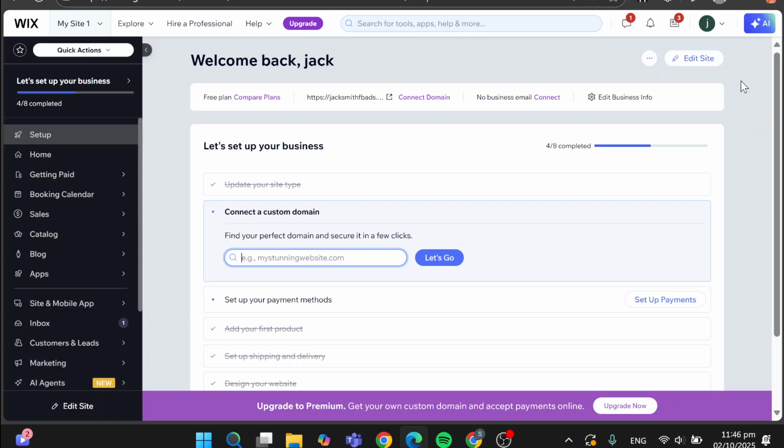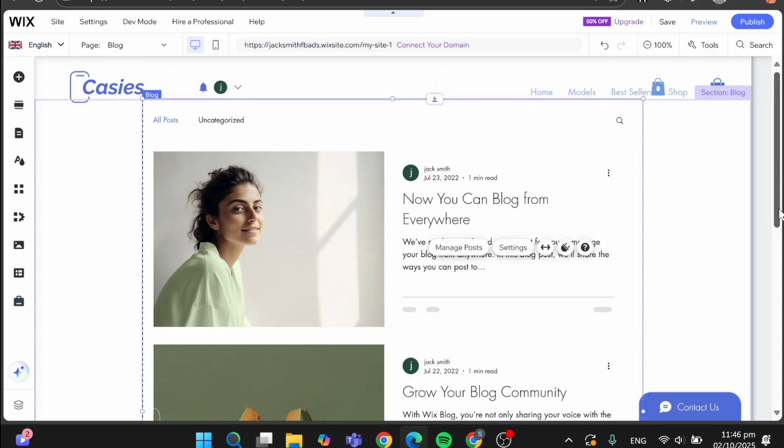We're going to head over to wix.com, sign in for an account, and once we have been here, what we're going to do next is going to be very simple. We can go ahead and head over to the setup or the home page, click on edit site, and we are going to be on the admin dashboard. Now what I am going to do is going to be very simple. I can go ahead and head over here,